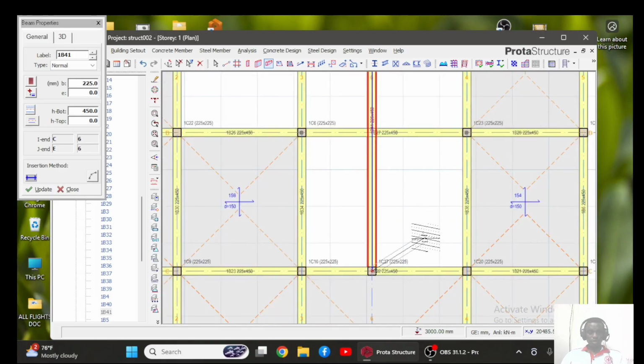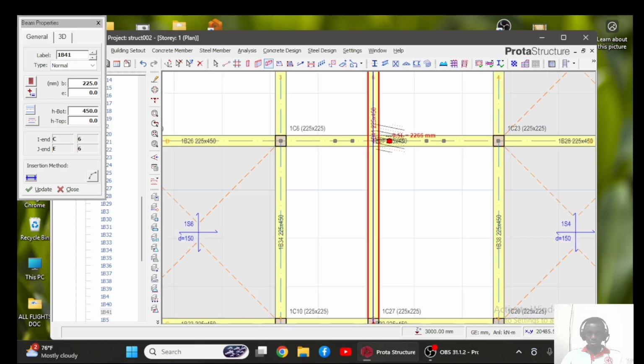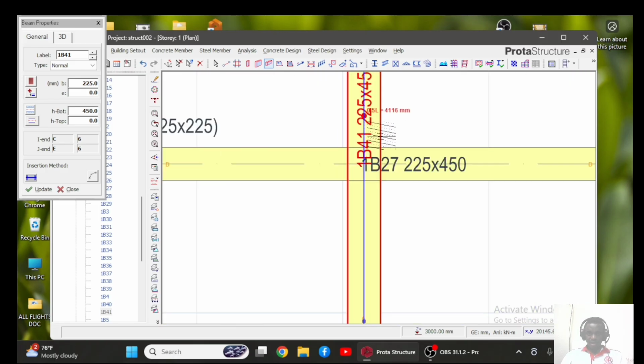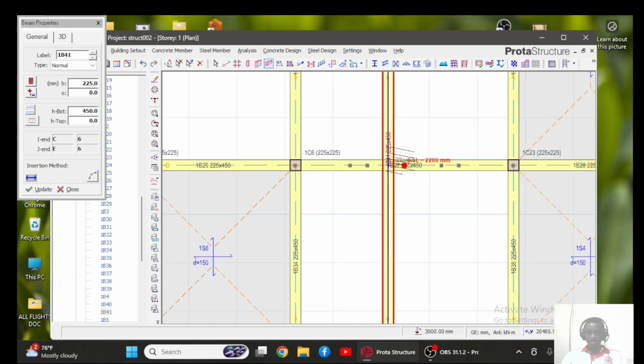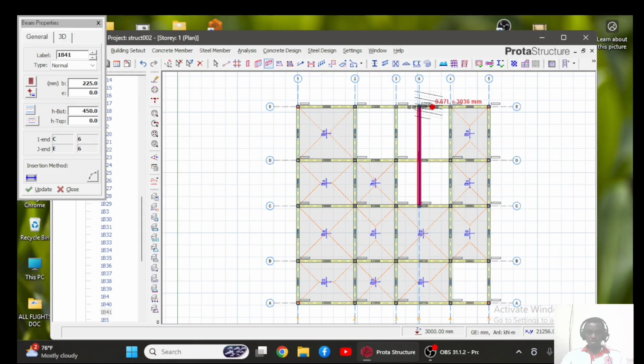Now, if you look at this properly, you will notice that this beam 41 is not passing through the other beam. It's rather overlapping. That means it's going over beam 27, which is very, very wrong. It's very wrong. You cannot design like this. So what is supposed to happen ideally is,